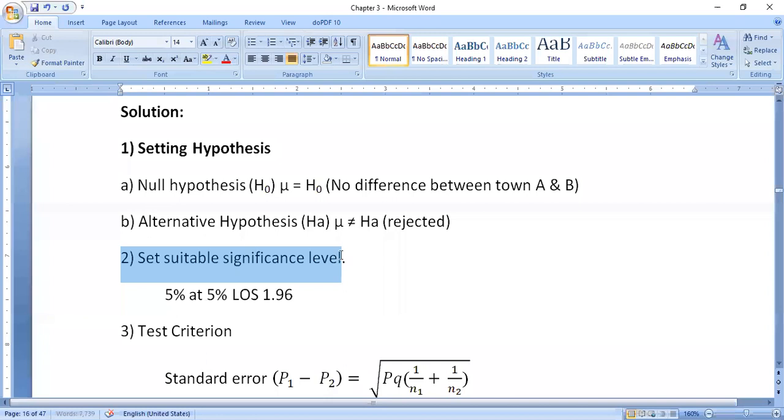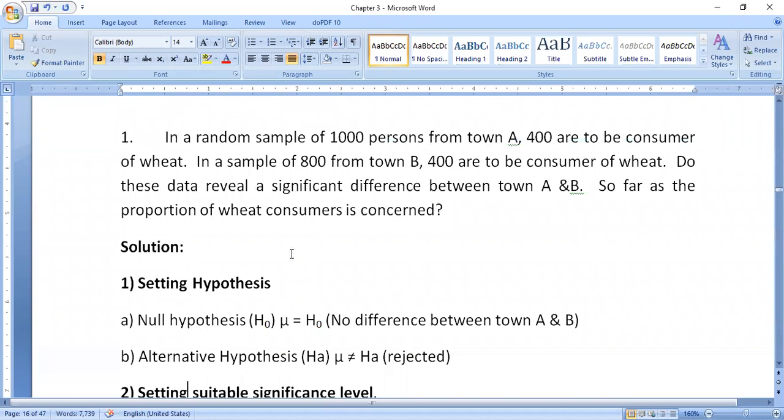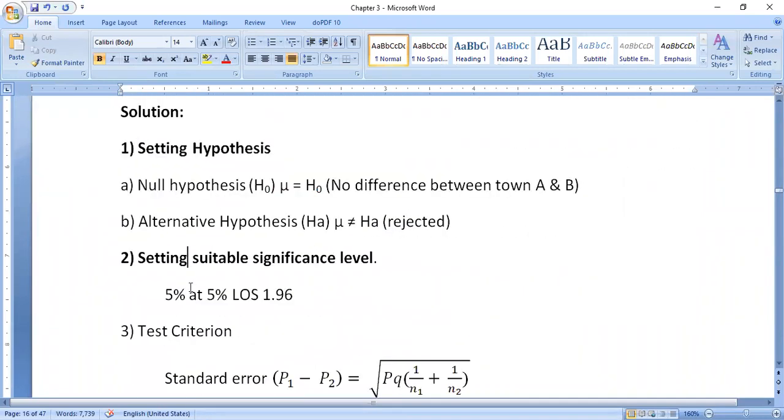Then the second step is setting suitable significance level. In the given question, 5% is not mentioned and 1% is not mentioned. So we have to assume that it is 5% only. Okay, at 5% LOS, 1.96. Simply I have written it in this way, or you can write at